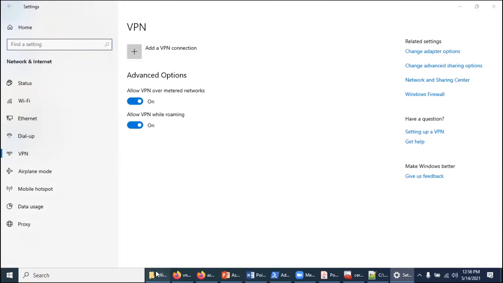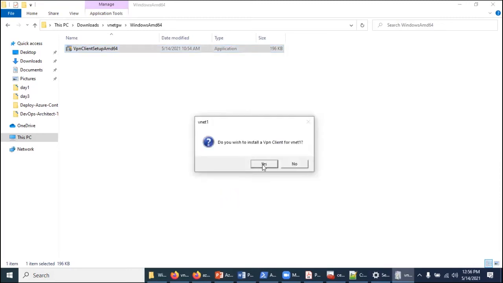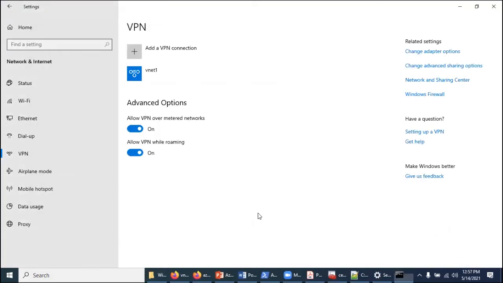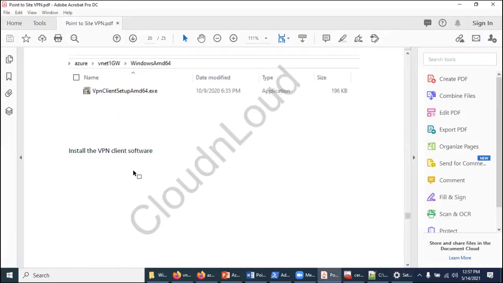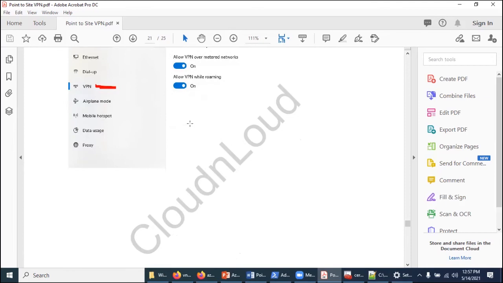So we are going to install it. Double click. Yes. So if you go back to the same place, see here, the VNet got created. Okay. Now we'll proceed to further steps. We installed the VPN client and we are able to see the VPN client.